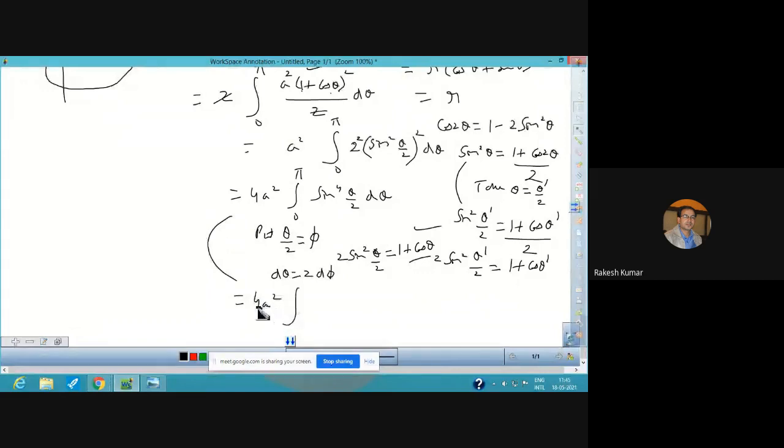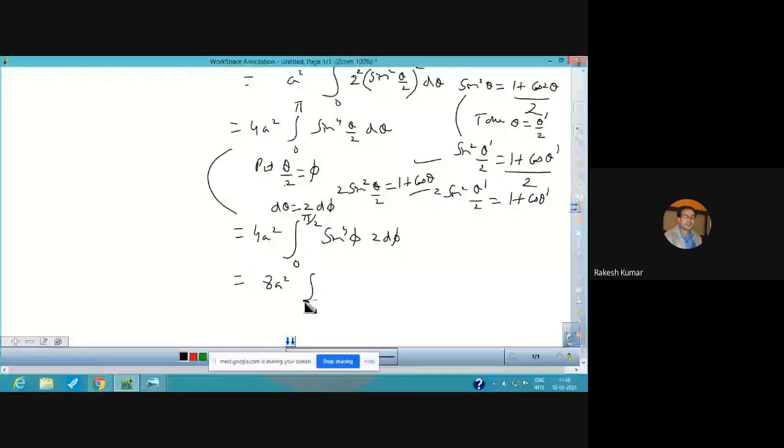Now use the limits. When the lower limit is 0, phi comes out to be 0, and when the upper limit pi is substituted here, it is pi over 2. So the upper limit of phi is pi over 2, sine 4 theta by 2 is phi, and d theta is 2 d phi. Now just see, 2 into 4 is 8a square, that is 0 to pi by 2, that is a sine 4 phi d phi, and